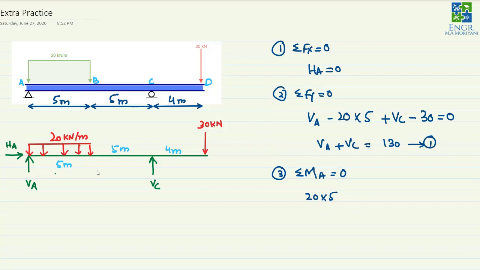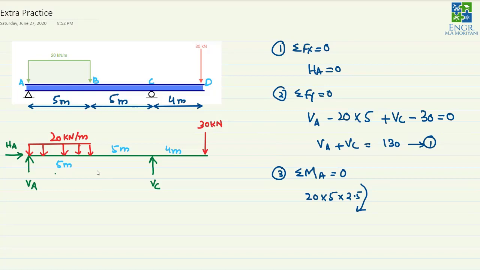So this will be making a distance of 2.5 meter from this side and 2.5 meter from this side. So this is to be multiplied by 2.5, and obviously this will be making a clockwise moment at A point. You can imagine that this will make a clockwise moment at A point. So this will be a clockwise moment, and then this VC force is to be also multiplied